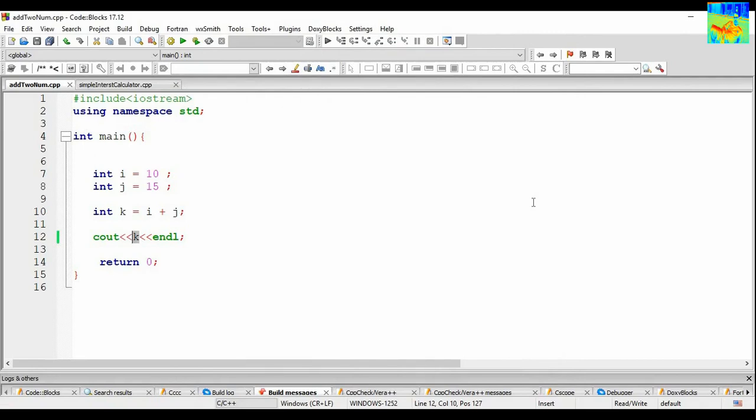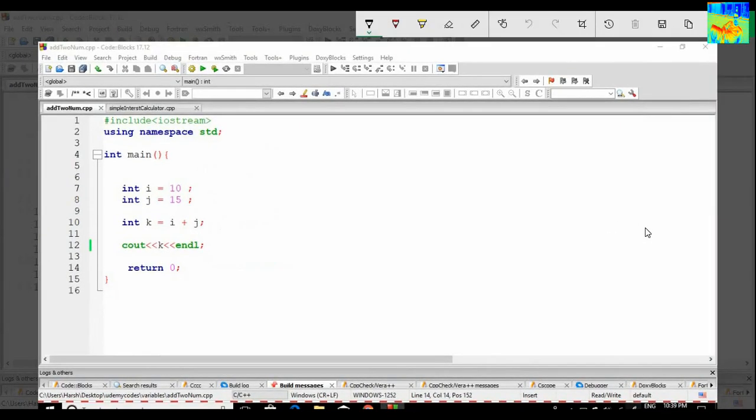Before we learn how to take input from the user, I want to discuss one more thing. When we write int i, this line is called declaration. We declared a variable i. When we write int i equals 10, this line is called declaration plus initialization.